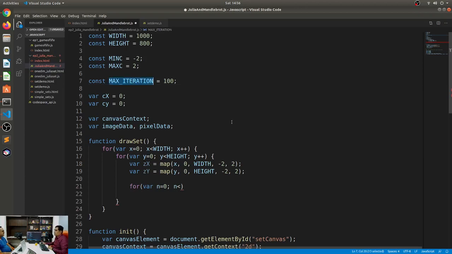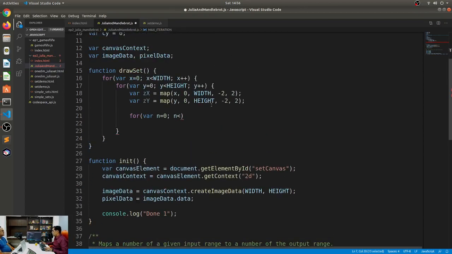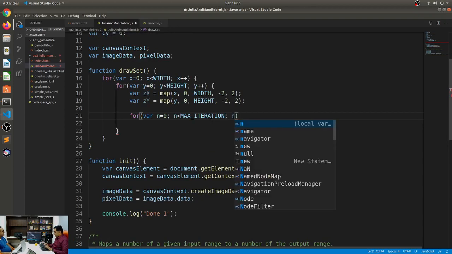Typically, whenever you're talking about Julia sets or Mandelbrot sets, they'll go up to 1,000. And the more you want to zoom into those fractals, the more iterations you'll have to run. But for the sake of conserving whatever processing power we have, I'm going to start off with 100. And n plus plus.